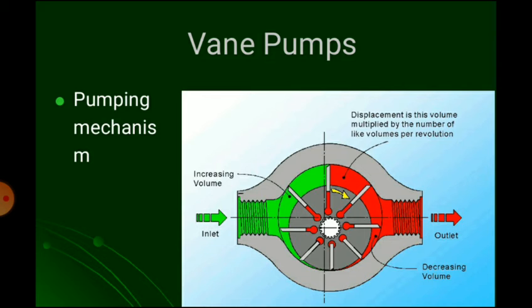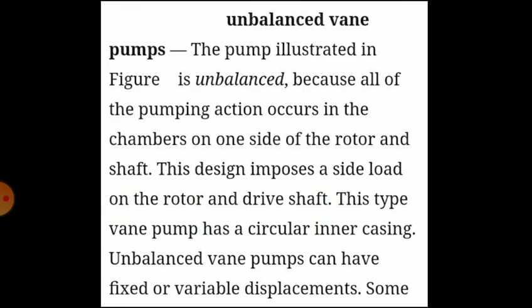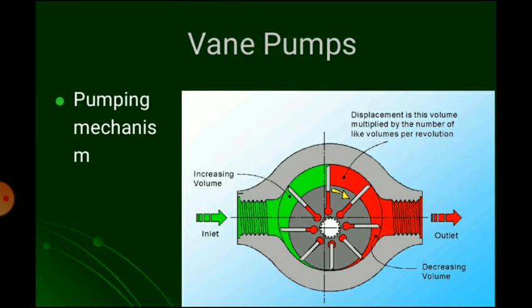Next category of pump is vane type pumps. So, the principle of vane type pumps: vane type pumps operate on the principle of increasing and diminishing volume. The oil from the suction port is confined into the chamber consisting of sliding vanes. As the rotor rotates, the volume of this chamber goes on reducing, resulting in pressure in the fluid. At last, the pressurized fluid is discharged or forced into the delivery chamber.